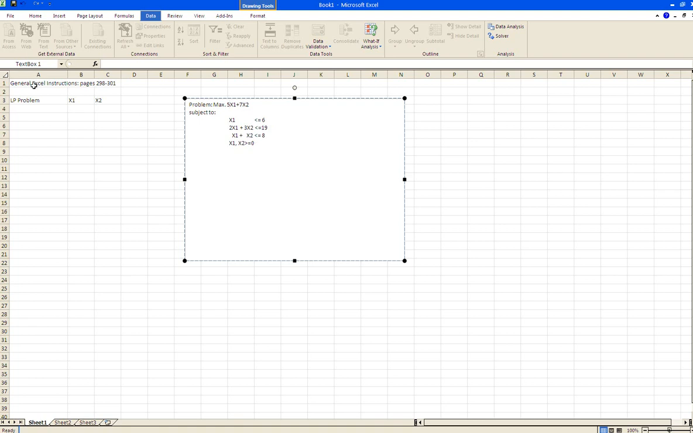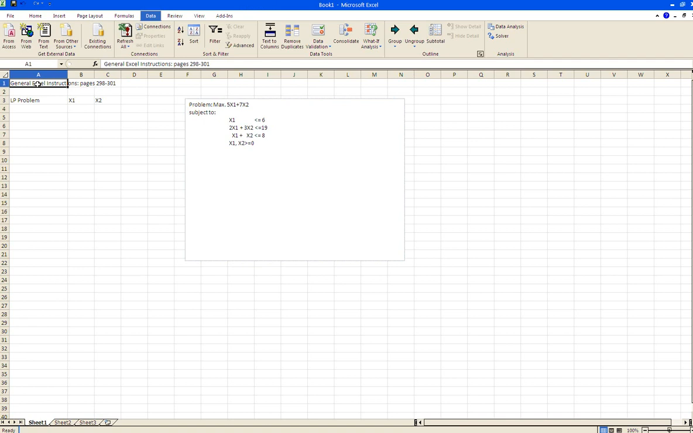Now the instructions in Excel are also shown on pages 298 through 301. You can review that if you want to. Now what is the problem that I have here? I'm going to type here just the